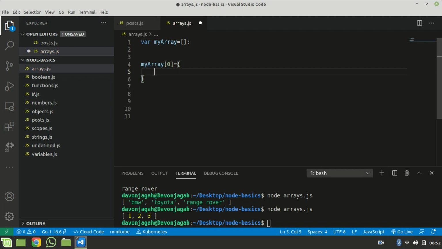Let's say it is our person object, and we said person can have a name, the name is David, and age is 12, for example. Then if we go ahead and console.log myArray to the screen,